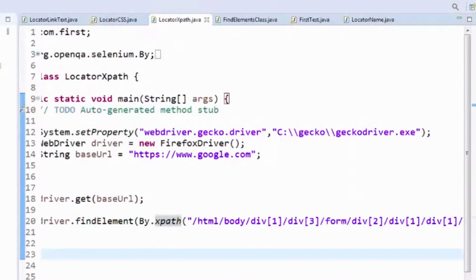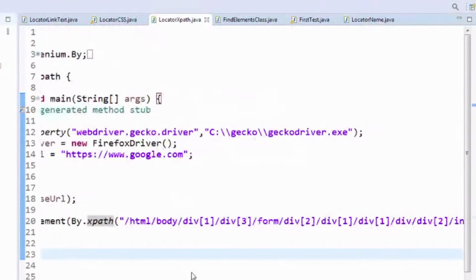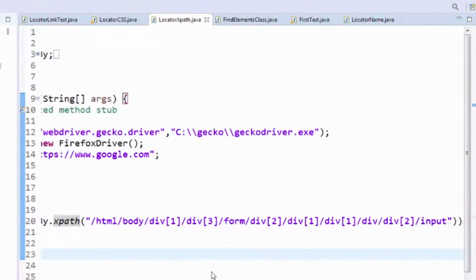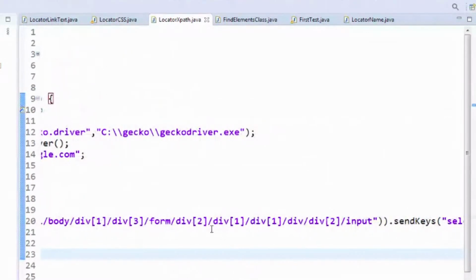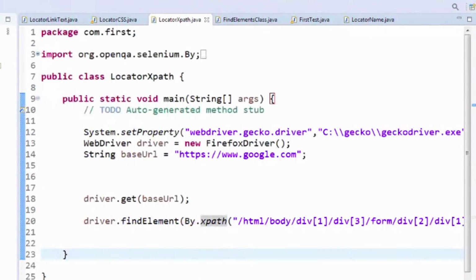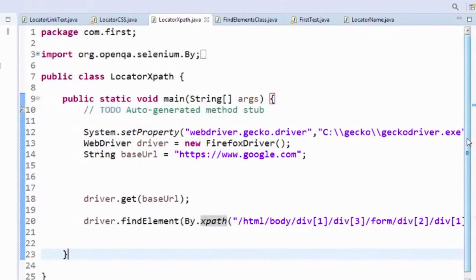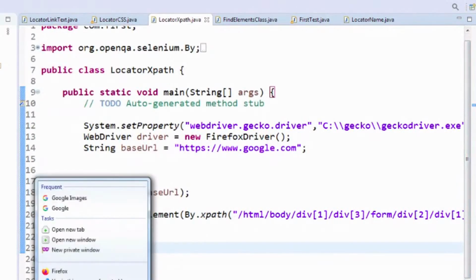In this way we can locate an element by XPath. Again, I'm repeating, it is not preferable to use XPath because of the messy things you get. So it is preferable to first try the simple locators. If there is no option, then opt for XPath, and then you can locate the element and do the necessary operations as you want. Okay, let me close this whole session.